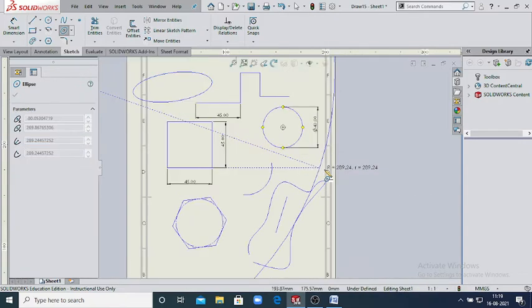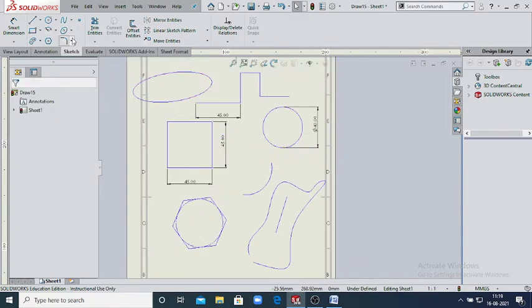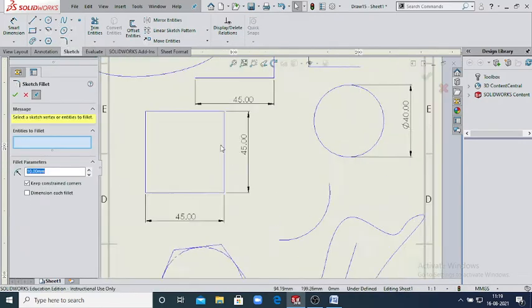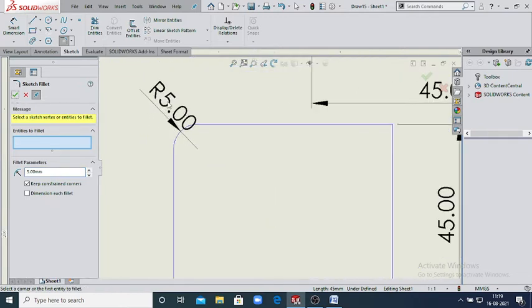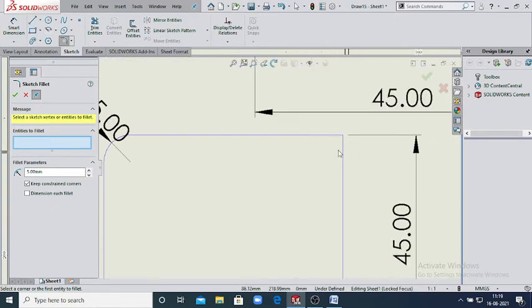So what is fillet and chamfer? Click this line and click this line, two lines, and this radius is known as your fillet. If you want to change the dimension of the fillet to 5 mm, just click like this and this arc will be known as fillet.